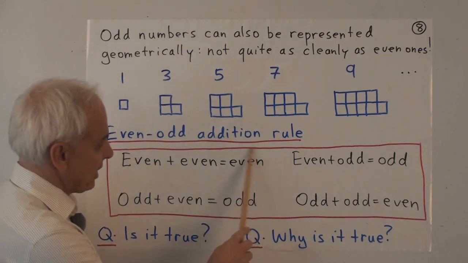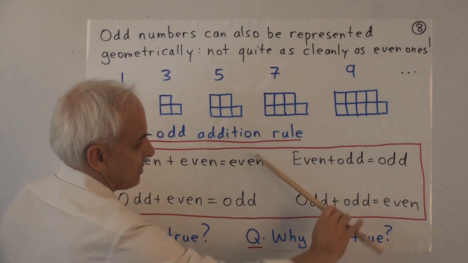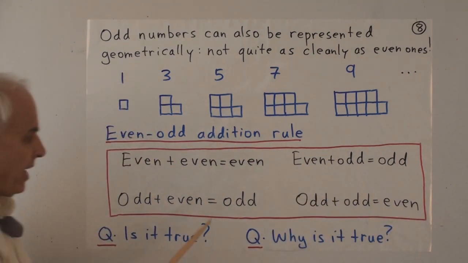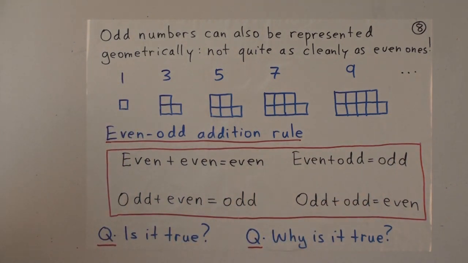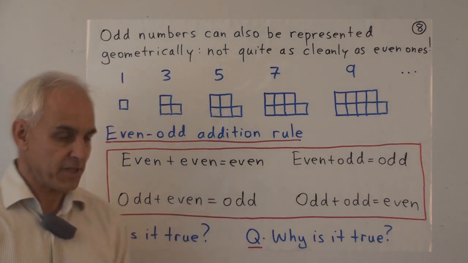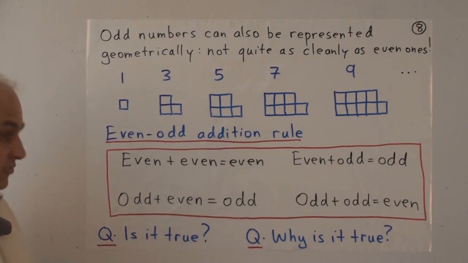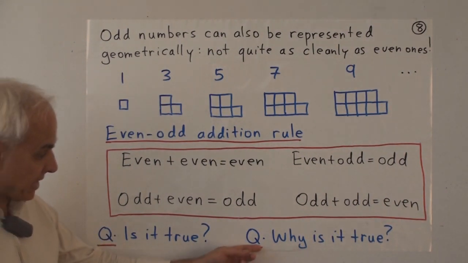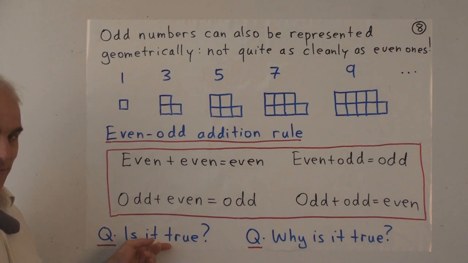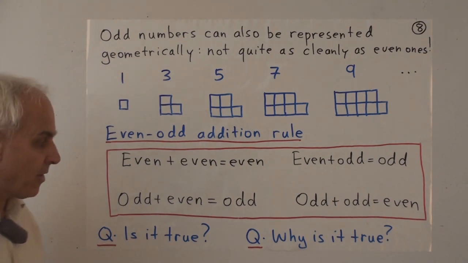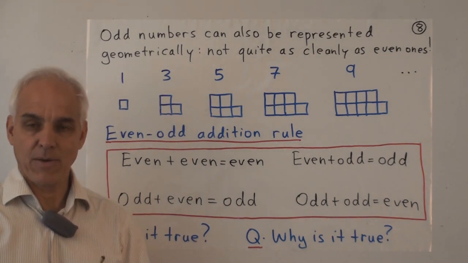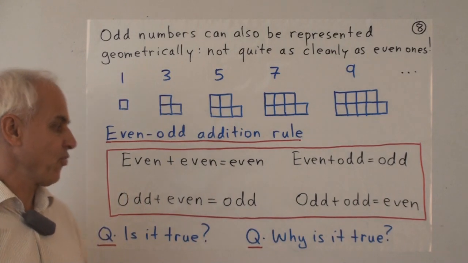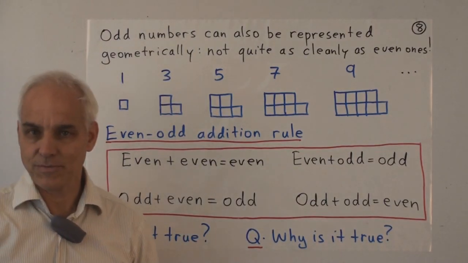So notice the result here is even, here and here along that diagonal of this little square, and the cross diagonal elements are both odd. So a natural question that you should be asking when presented with a statement like this is: is it true? And then a second question, once you've kind of convinced yourself that the answer to this first question is yes, is why is it true? Can we see or understand the reason for why such a statement is true?